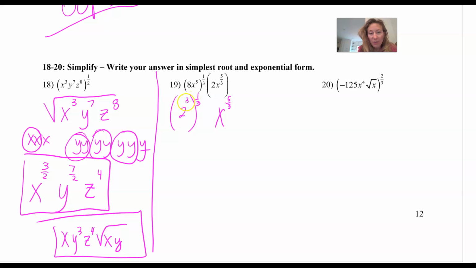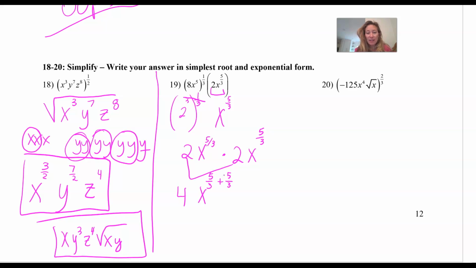So doing the work here, I'm going to have 3 and 3 cancel out, and I'm going to have 2 x to the 5/3 times, and now I'm going to do this again, 2 x to the 5/3. Very interesting. So what do I do here? I'm going to multiply the matching parts, and because it's multiplication, add the exponents. So 2 times 2, that's just the number 4. But then I have x to the 5/3 times x to the 5/3. So what I do is x to the 5/3 plus 5/3. So when I add those, I get